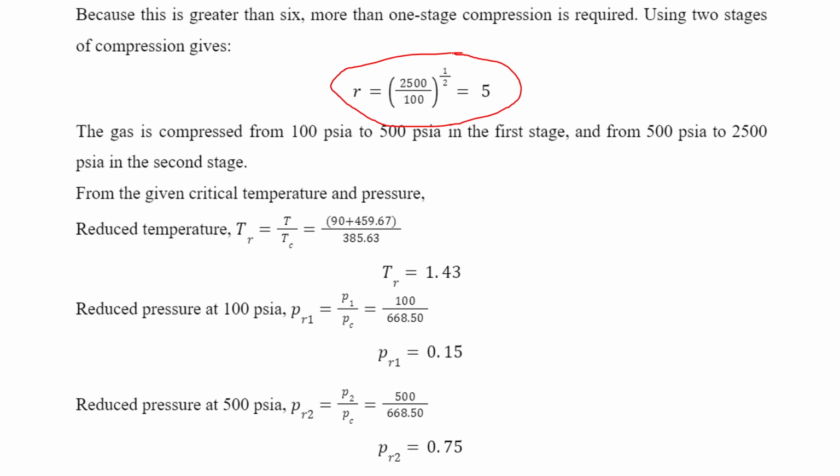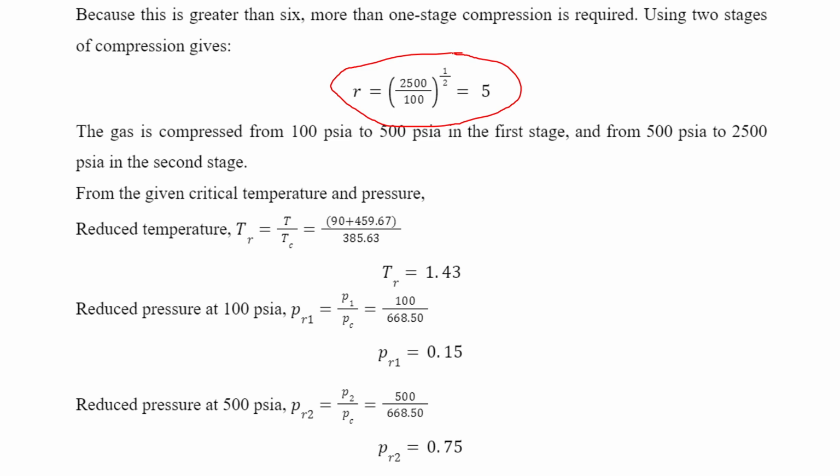When we use the inlet pressure and final pressure for two compression stages, the R value comes out as 5, which is lesser than 6. So we consider that two compression units will be used for this process. Now the gas is compressed from 100 psi to 500 psi in the first stage, and from 500 psi to 2500 psi in the second stage. As the R value is equal to 5, which is the final by the initial pressure,